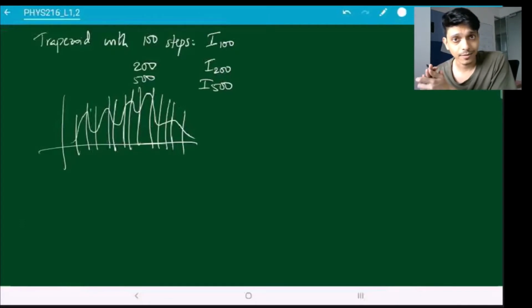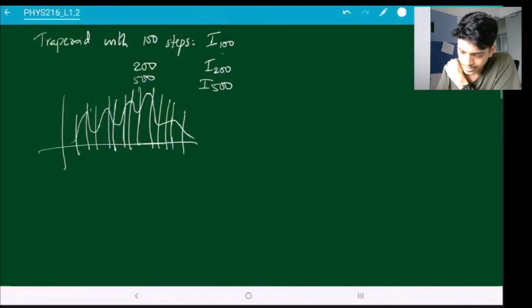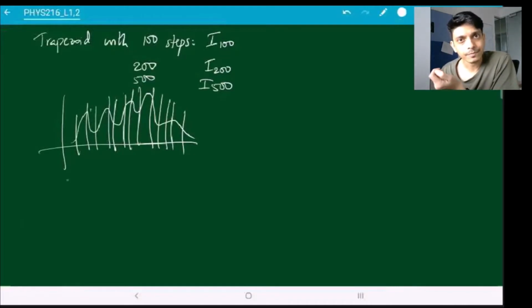Of course, that is still no guarantee. Maybe at even much smaller length scales, you might come across even more features. But there's nothing you can do. This is about the best that you can do with this. So you always take IN, then you take I2N, I4N, something like that. Basically in your program, you will now have a loop also over the number of steps. First you do it with 100, then you do it with 200 and so on. And then you put a condition saying that if IN and I2N, the difference is not much, then you stop running the program and you accept that as your final answer. So this is called using adaptive step sizes.